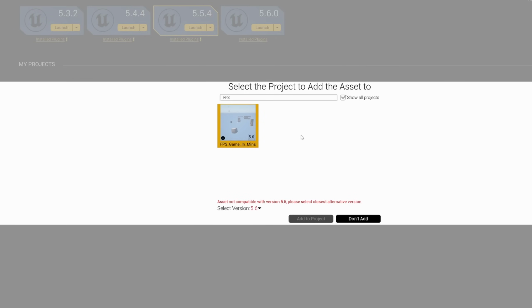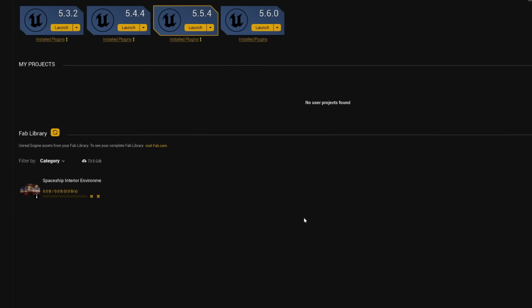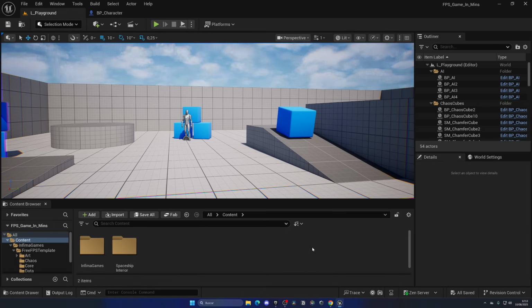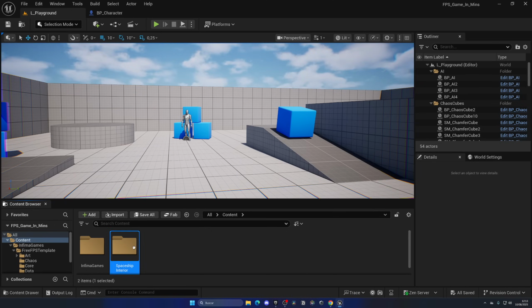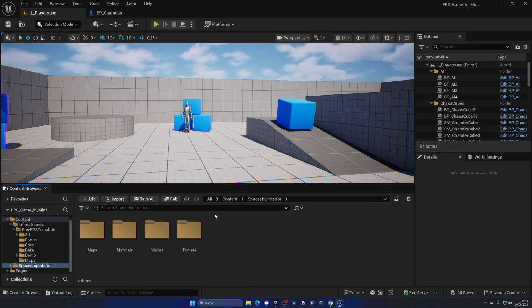version, which is 5.6. But don't worry, you select this, and then over here select the latest compatible version, which is, let me see, 5.4. It's a bit mixed, I don't know why it's in the middle, but yes, it is 5.4. So add to project, and don't worry because all of the assets will be automatically compatible. And perfect. So now we go back into Unreal Engine, we have a new folder for our spaceship interior,